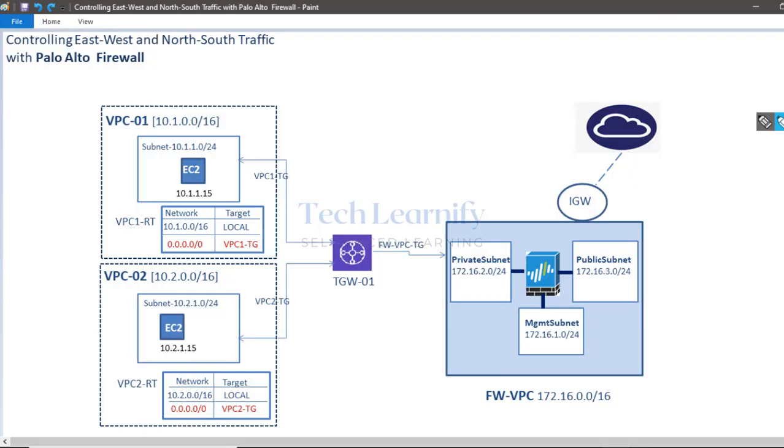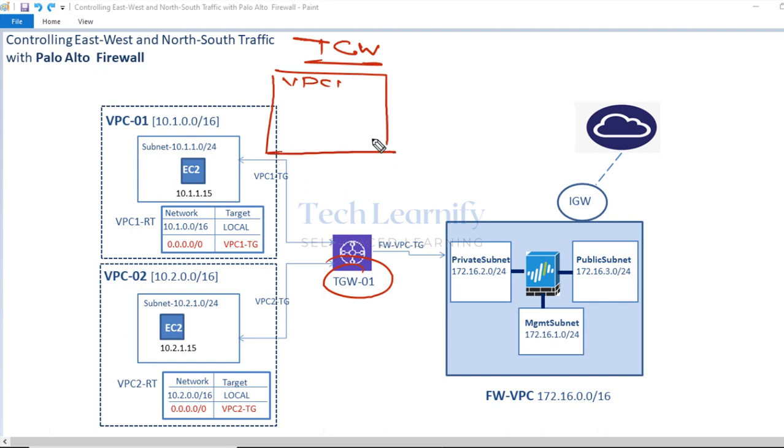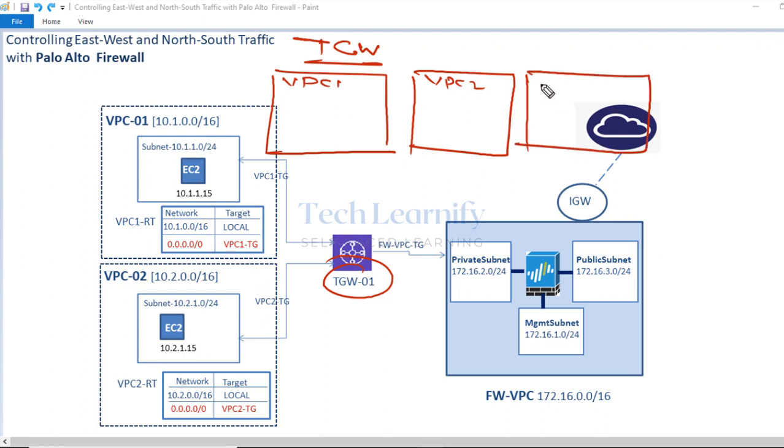right? So I hope you understand routing well, that what we did in this transit gateway routing table, because in this transit gateway routing table there are three routing tables. So you need to focus here. One routing table is for VPC1, another routing table for VPC2, and the third routing table for this firewall VPC,